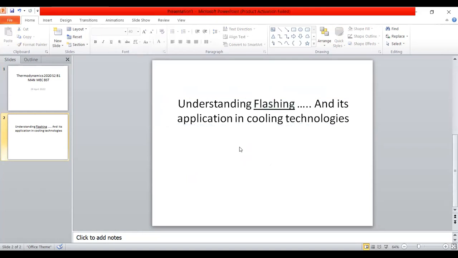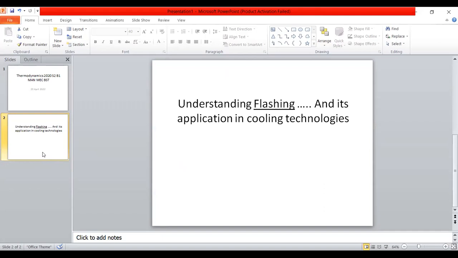These are very important phenomena. Flashing. We will understand flashing, and our focus is how we can utilize flashing in cooling technologies. Without understanding this, you will not get the real technology. Okay, flashing. Before going for flashing,